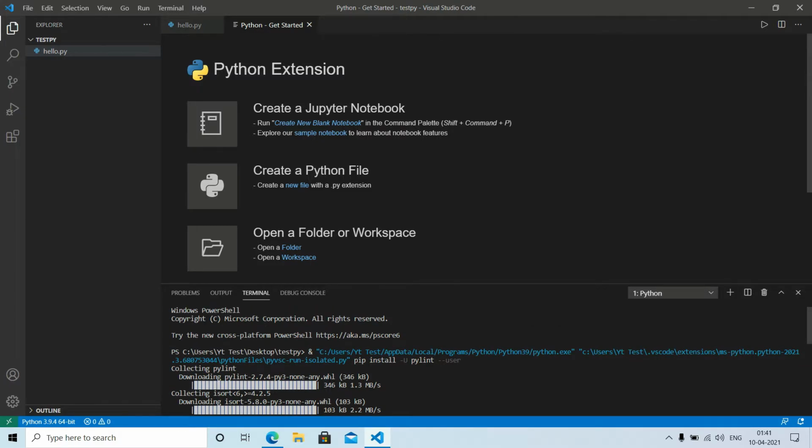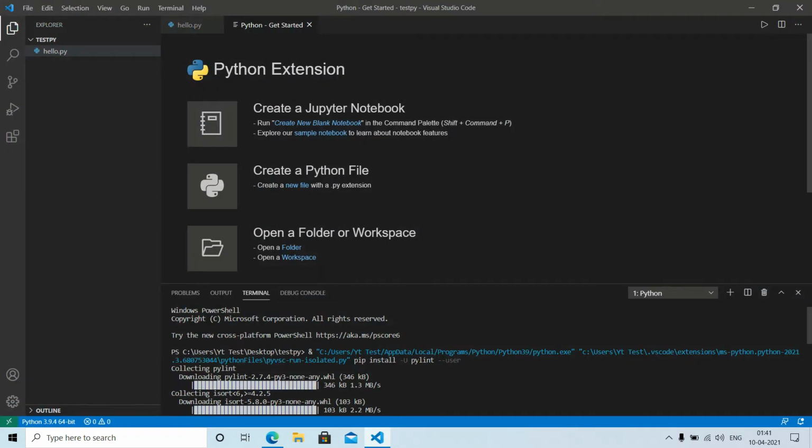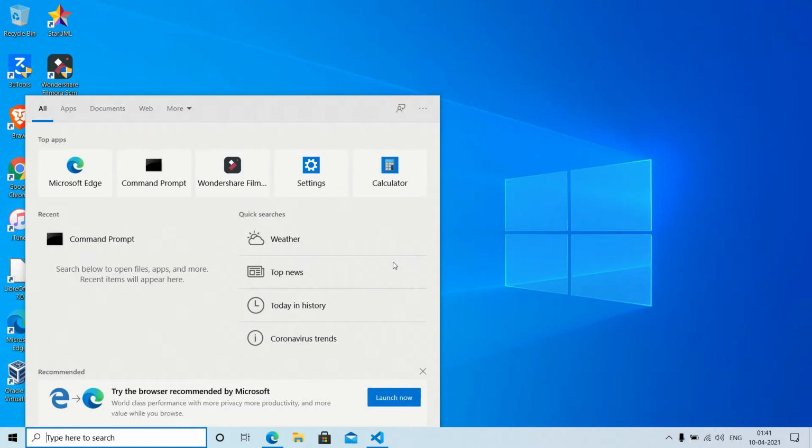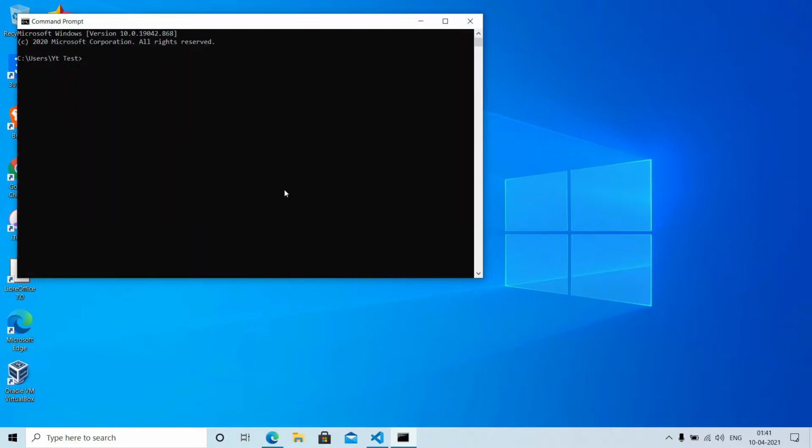If you don't get that notification there, then we can also install Pylint manually from our command prompt by typing a command. Let's go to command prompt, cmd, open the command prompt, and just type pip install pylint and hit enter.